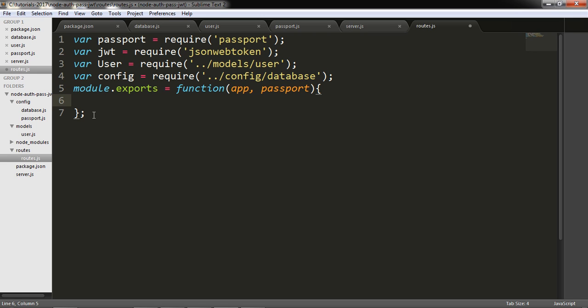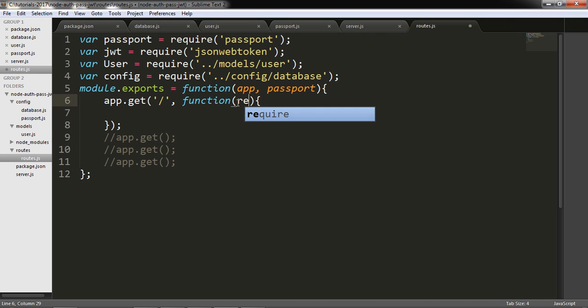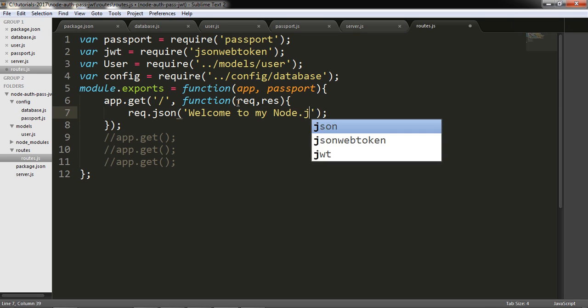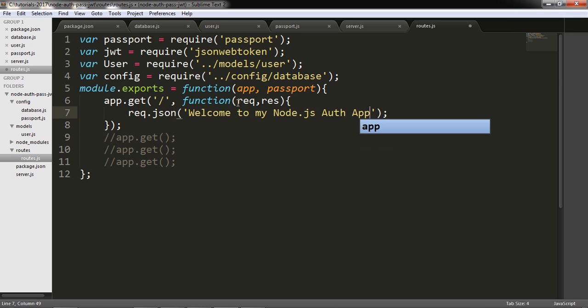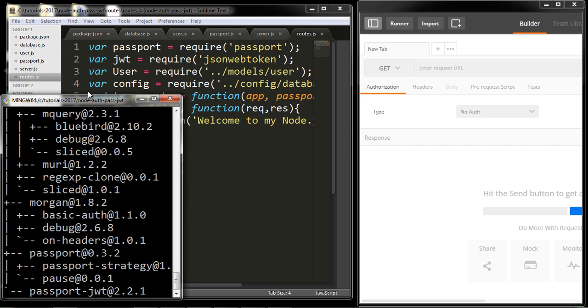The first route I am writing is app.get, the route, anonymous function, and here will be request, response, and here will be response.send, or I can write JSON, welcome to my Node.js auth app. Okay, and I am going to open Postman, and I am opening the command window, and